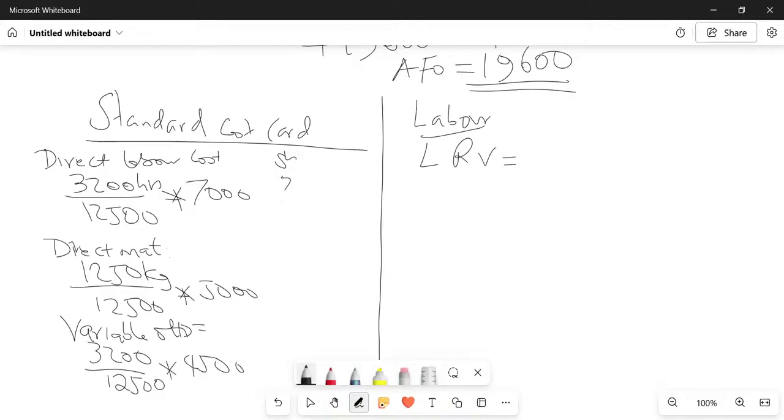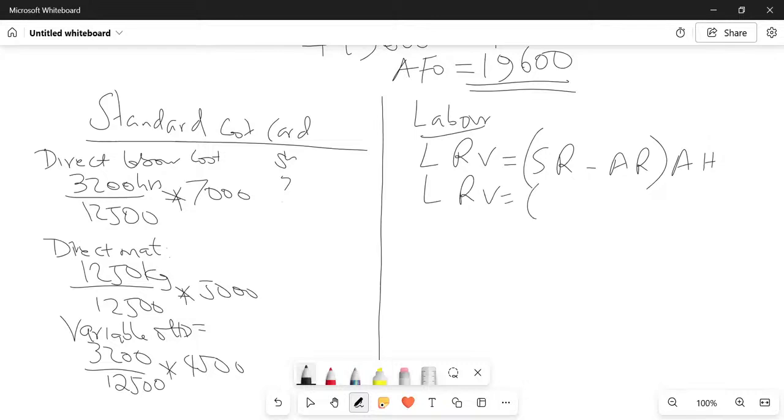The labor rate variance is the difference between how many rates? 2 rates. So we have the standard rate minus the actual rate, multiplied by what here outside here? AH. Actual hours. So then our labor rate variance, ladies and gentlemen, will be equal to